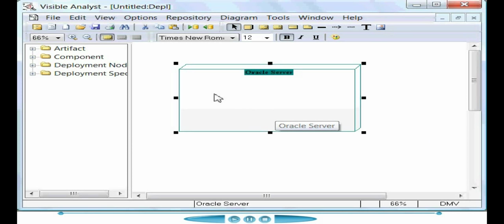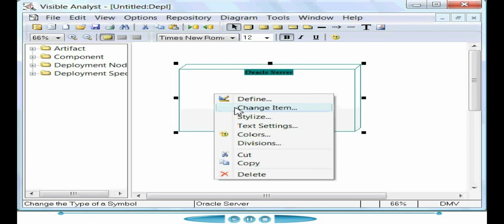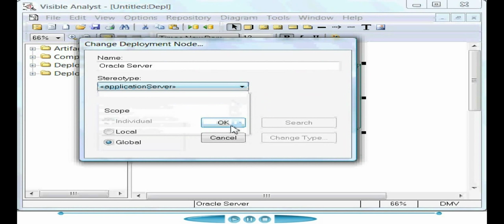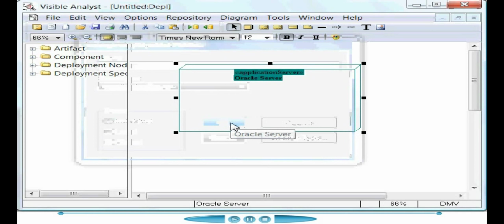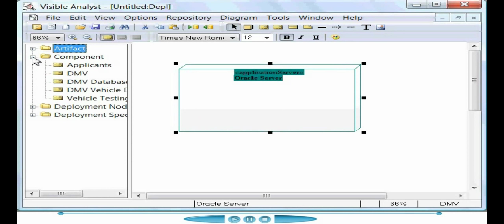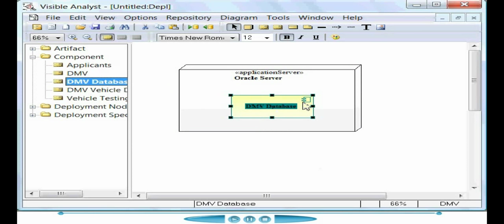You can also choose a stereotype for a node by choosing Change Item from the right mouse click, and we'll choose Application Server and click OK. We can expand the component listing in the object browser and use an existing component, dragging it right into the new deployment node. To add an artifact to the diagram, click on the artifact icon, drag it over to the